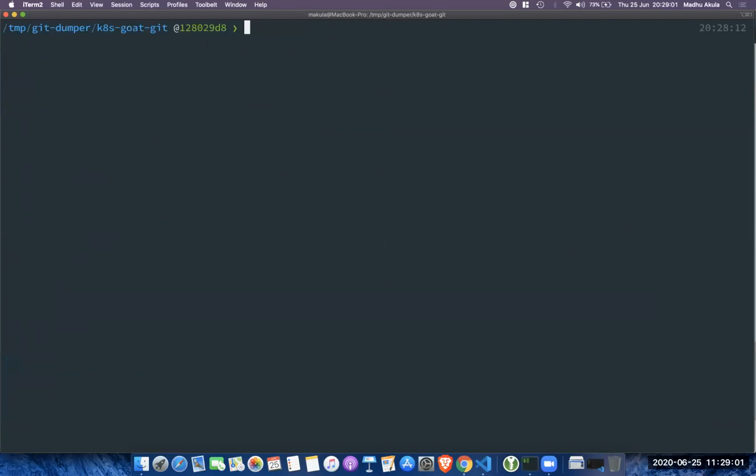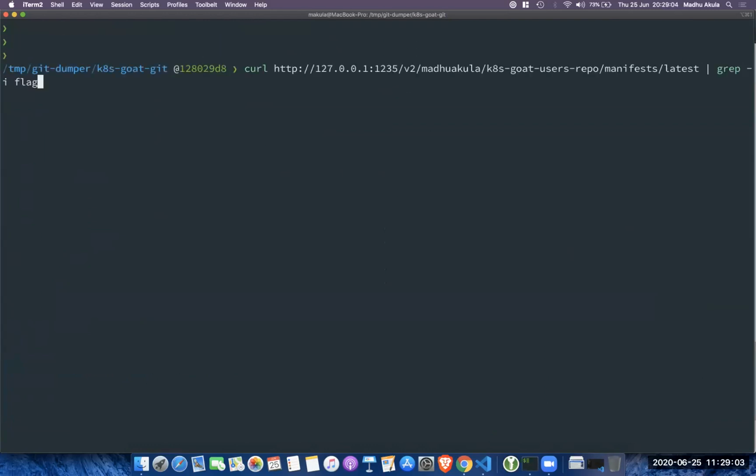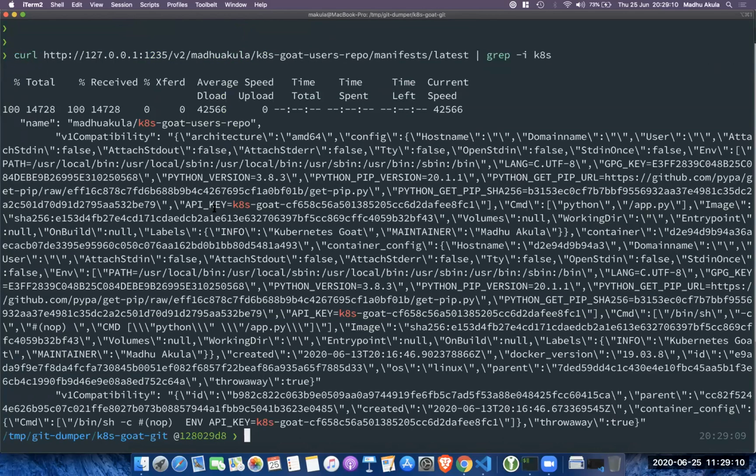Yeah, you can see here API key. Yeah, this is what I was just trying to showcase.